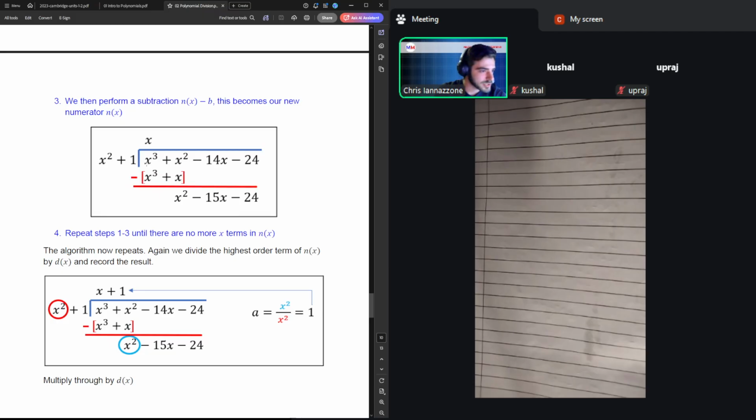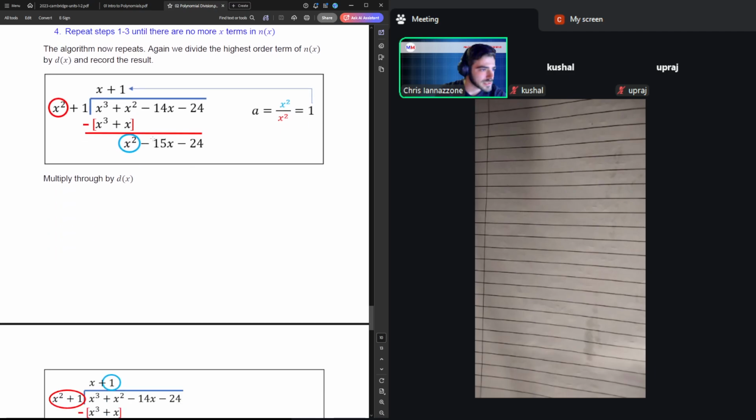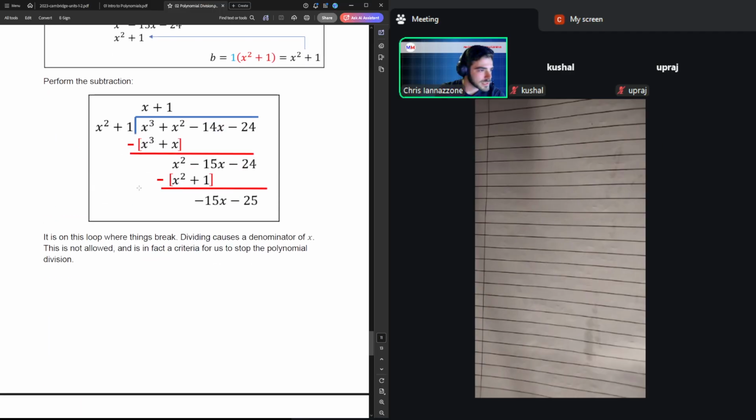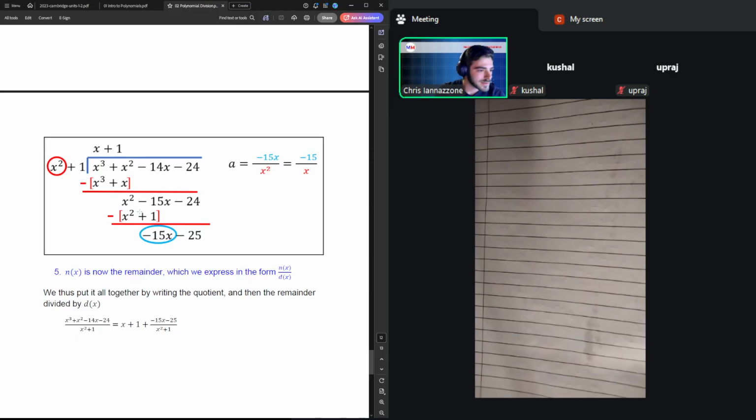Still perform the subtraction. If you're not going to put in zeros, just keep in mind that this x squared doesn't have a term that it's subtracting, so it's going to go all the way down. There is no other x squared in here, but there is an x, so that one's going to get affected. And what you're essentially going to see is that this is going to complete faster than this is going to get rid of. So for instance, if we get all the way down to here, after we've done it a few times,